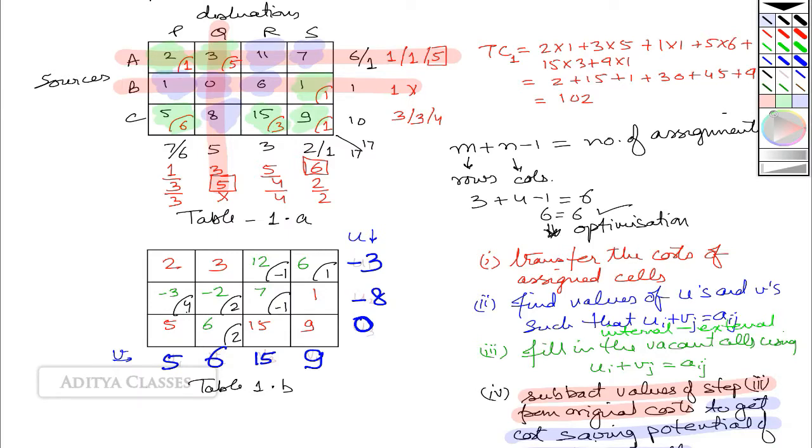So what is this cost saving potential? How to interpret it? That these cells will take up your cost by 4 rupees, 2 rupees, 2 rupees and 1 rupee on the higher side, while these two cells will actually bring your cost down by 1 rupee each. Now, because I have two options, you have an auto which is saying that it can reduce your cost by 1 rupee. So which auto would you like? I would like an auto which could save me more. Now this is saying that it can bring the cost down by 1 rupee.